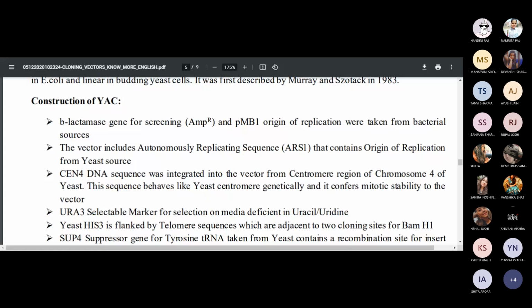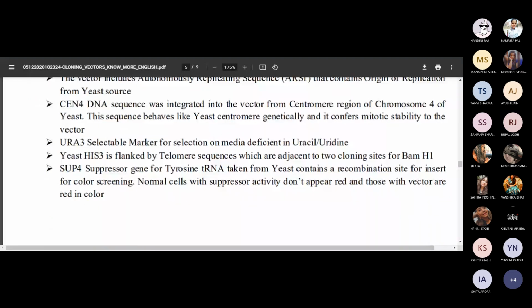Such cells you are going to use as a host. If those cells are there, what you need to do is either provide them the uracil, or, if the cells are going to have this vector, they will become independent of uracil. In uracil-free media, the cells with the marker present in the chromosomes will grow, otherwise they won't grow. Another property that we need for the chromosome is the telomere.